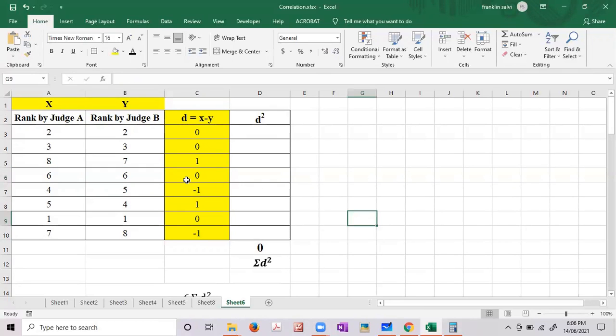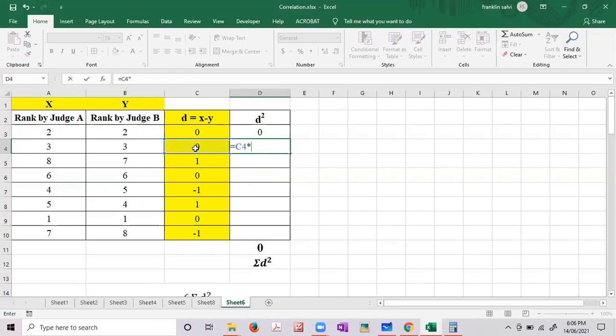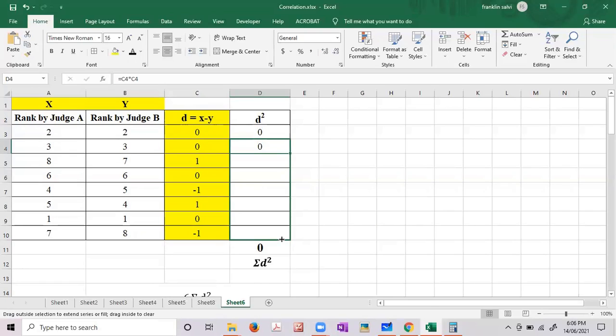You might get certain answers in negative, but that is not a concern for us as we do not take summation D. We need summation D square, and whenever we square, minus into minus automatically ends up being a plus. How do you do the square? 0 into 0. So basically the numbers in column D are multiplied by the same number. So 1 into 1, 0 into 0. If you observe, we have our deviation square, and the total comes to 4.